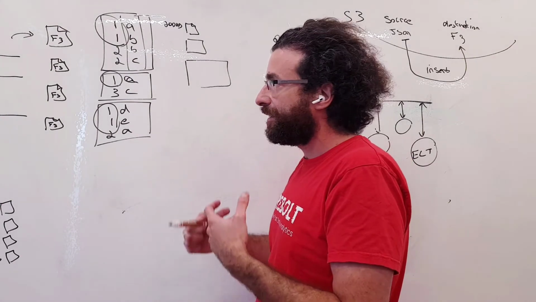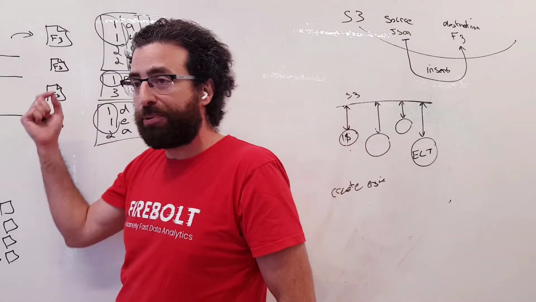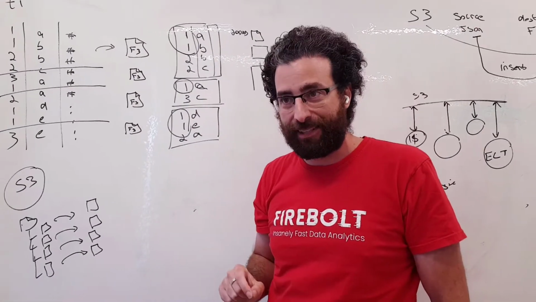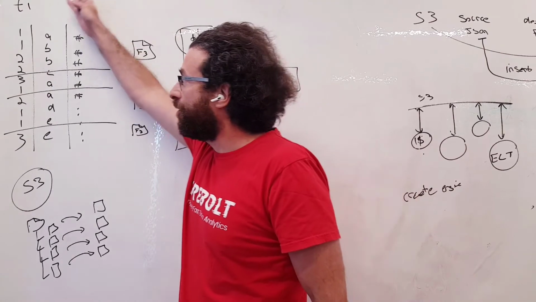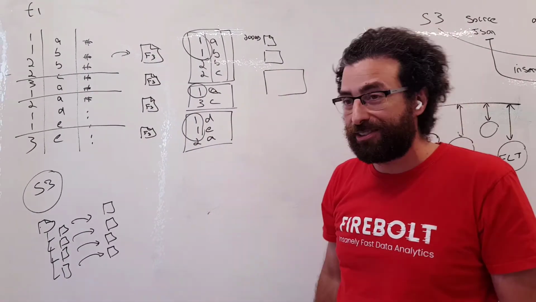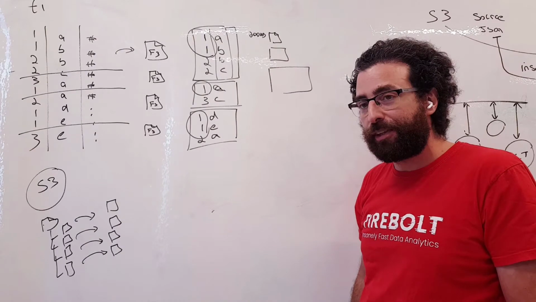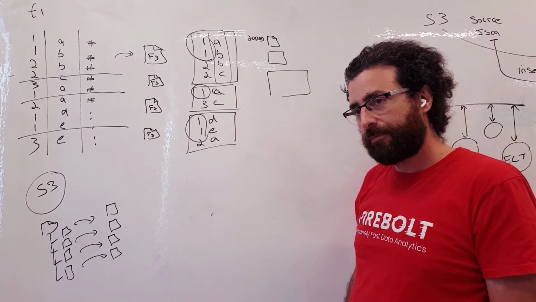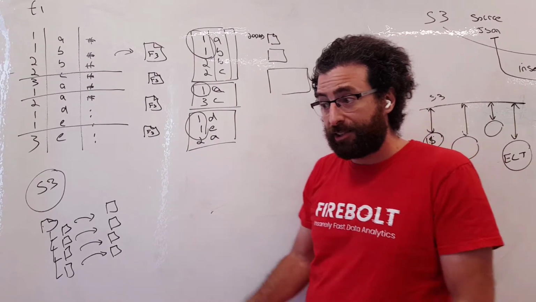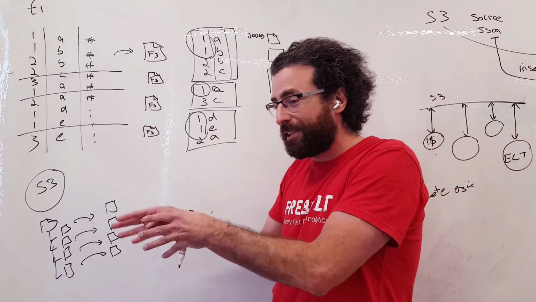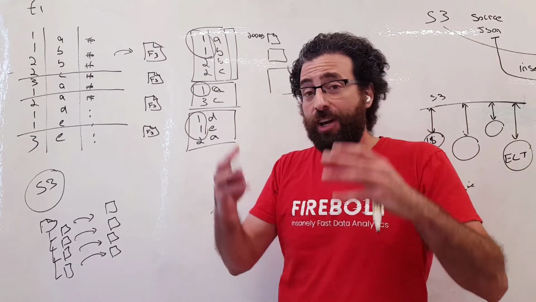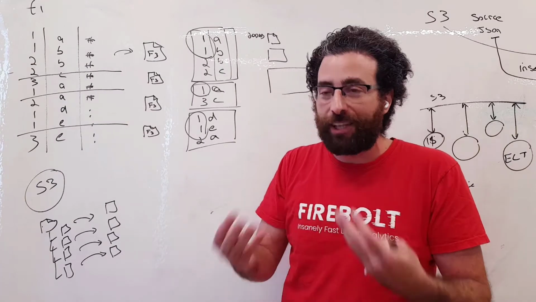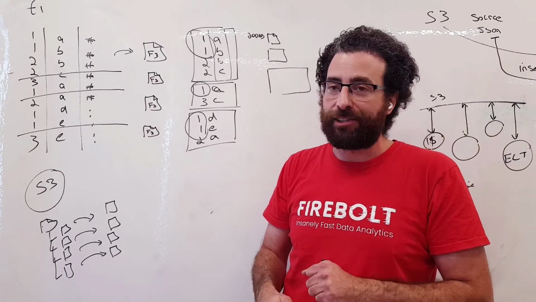Because you might run a simple query that has a where predicate in it for ones, and ones are 1% of the data. It will need to scan the whole column and basically download tons of files just to figure out that you need 1% of the data. And when we say download, we mean copy it from S3 to the local storage of the compute resource, and in many cases this ends up as spilling, and you end up choking your cache, and that's when the vendor says you need to